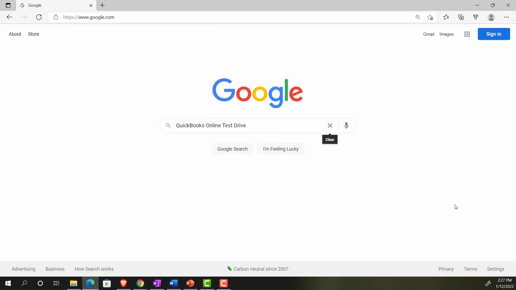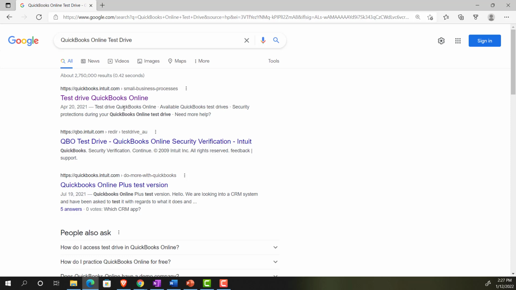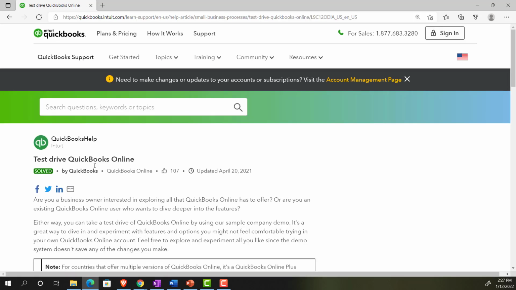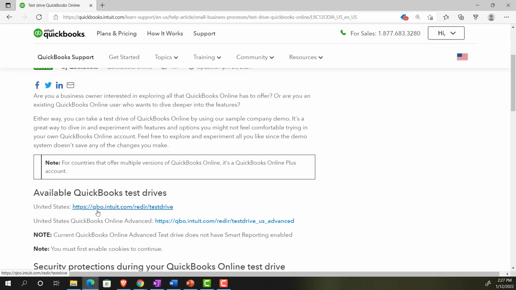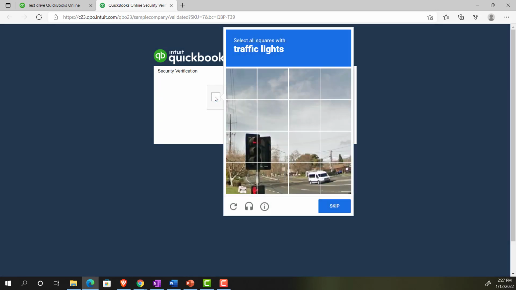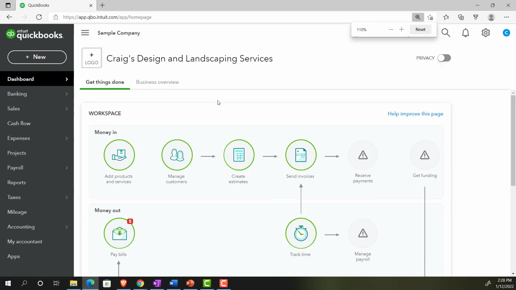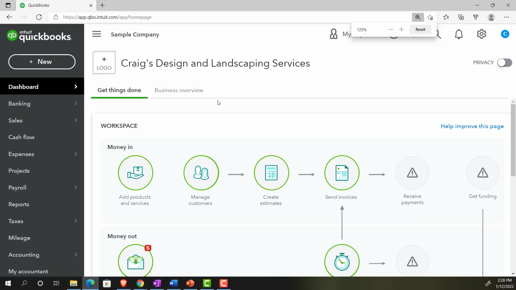Online in our browser, searching for QuickBooks Online Test Drive, going into the Test Drive, opening up the Test Drive, selecting the United States version of it, and verifying that we're not a robot. I also clicked on some pictures of a traffic light, but I didn't think you need to see that. So in any case, I'm going to hold Control down, scroll up just a bit here, Craig's Design and Landscaping